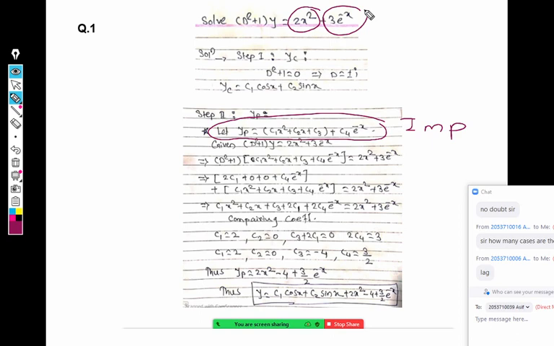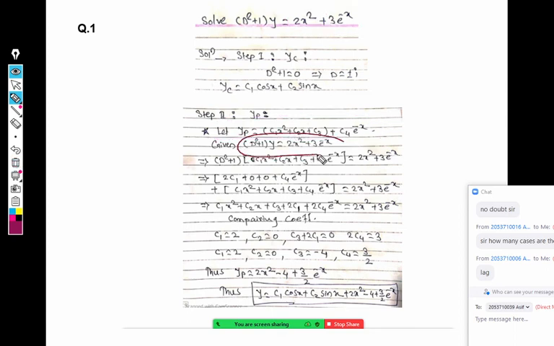If you have confusion with this c1 and that c1, you can write a, b, c, d or any other constants, like alpha, beta, gamma, delta. Now to get these constants c1, c2, c3 and c4, we have to replace yp in the given differential equation. This is the equation. Just replace y by yp.